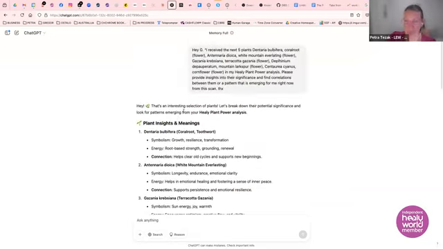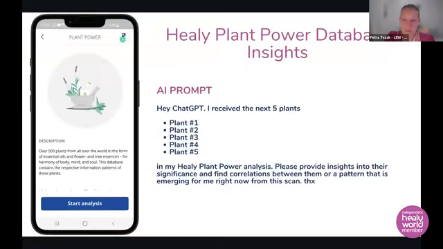And I will copy paste this for you so you can actually go in depth. And this is something you can do on your own. If you don't know where to find ChatGPT, I will send you the link and you can just create an account. It's free. And you can just ask those questions in there. And you can actually do this for a month, for you to go deeper into the story of the plant.